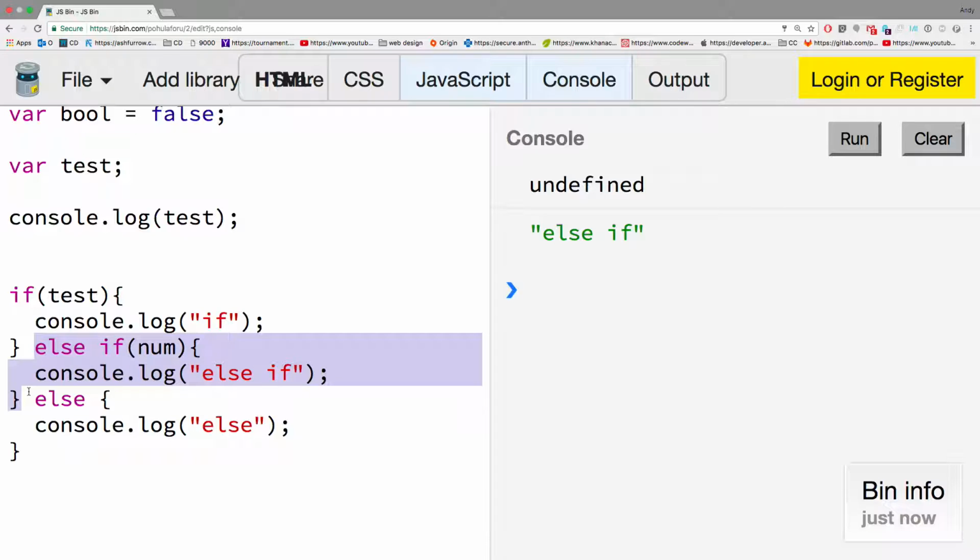Any questions? Okay, so yeah. What's the difference between console.log and document.write? Right. Were you the one who wrote that? Yeah, that was me. Okay, so